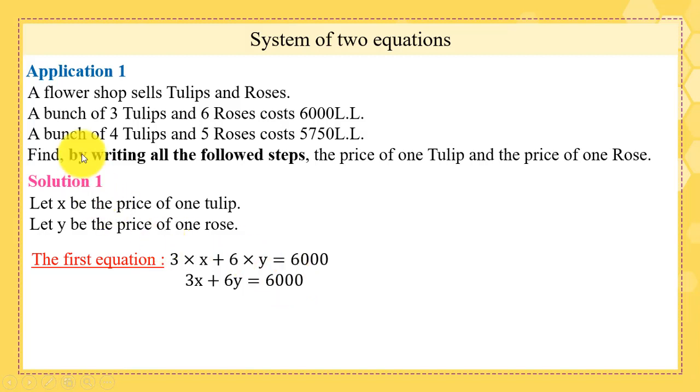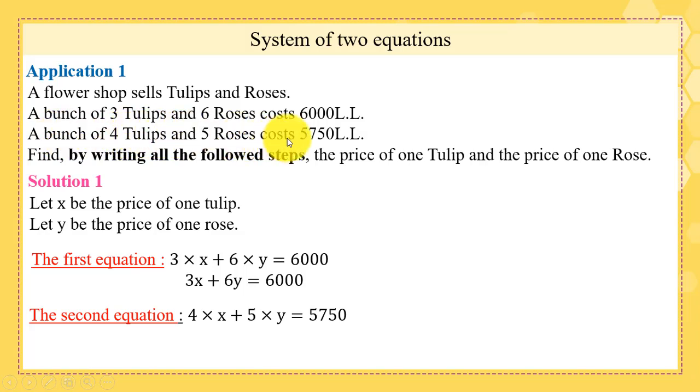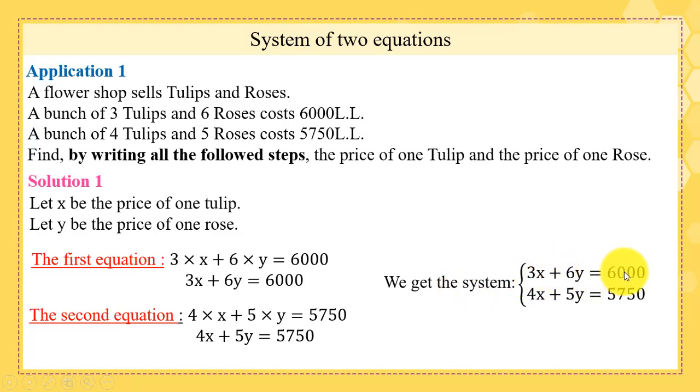The second equation, in the second statement: a bunch of 4 tulips and 5 roses costs 5,750 Lebanese liras. So 4 times X plus 5 times Y is equal to 5,750 Lebanese liras. 4X plus 5Y equal 5,750. We obtain the following system. 3X plus 6Y equal to 6,000. 4X plus 5Y equal